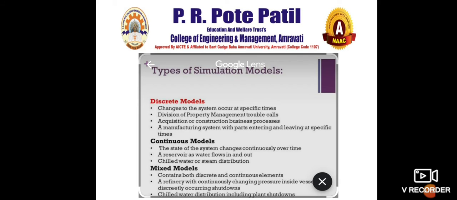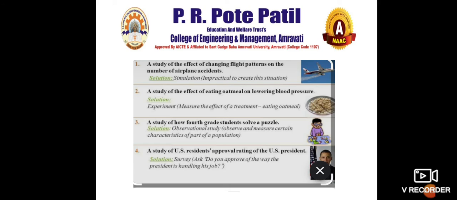Then next we have seen the different kinds of models of simulation, and we have seen so many examples regarding it. Suppose you want to study the flight pattern, and at times it is not possible to construct a physical model, or it is not possible to directly go for the trials, or it is not economic to build such a system in reality. So at that time you can make a simulation and run it on your system.